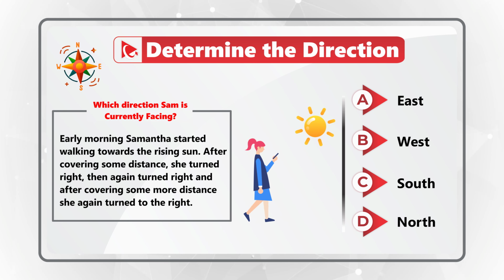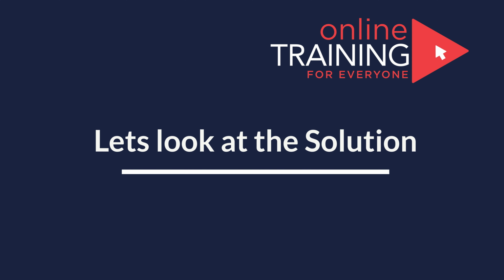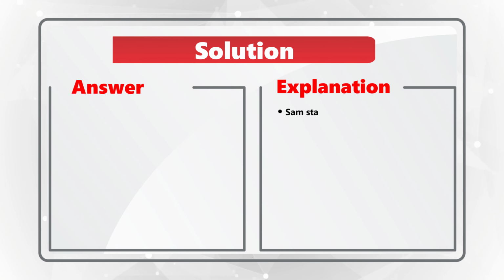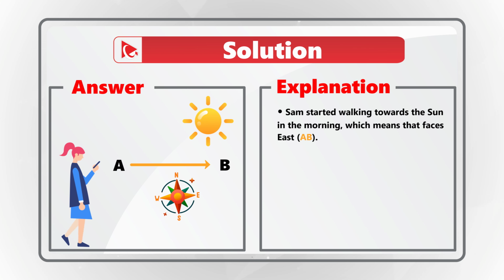Give yourself a little bit of time to see if you can answer this question. One tip here might be to draw a diagram to help you with the direction. And I'm moving forward myself to help you with my version of the solution. And obviously, if you have a better way to solve it, please make sure to post in comments. Let's start from the beginning here. When Sam started walking early morning and faces the sun, it means that she faces east, because the sun is rising in